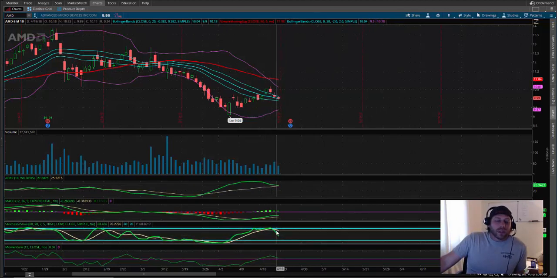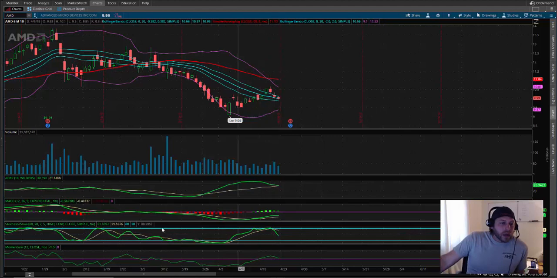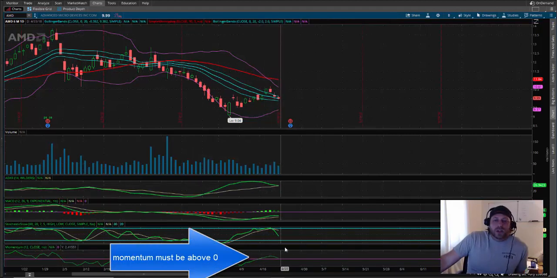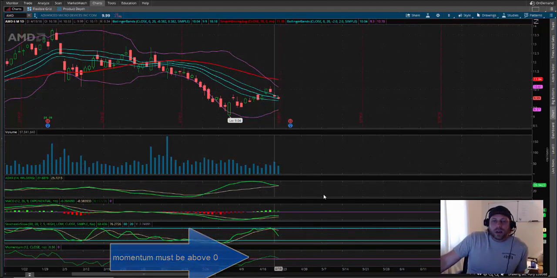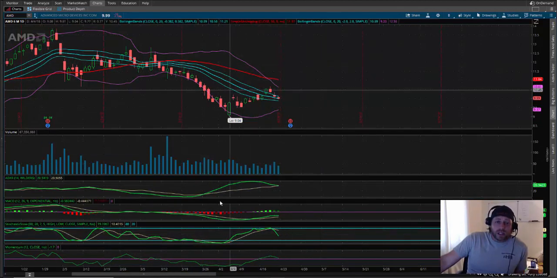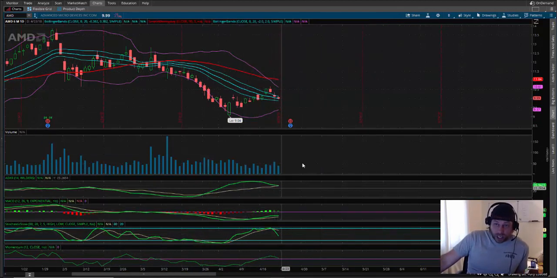So that's something, an indicator. If this were above 80, it would be a no-go right off the bat as well. Momentum, okay, we just want to make sure that the momentum is above the zero line. That's really all that's for. So if these were in line, and I'll go through and try and find something that might look a little better, but if these were in line and everything did check out,